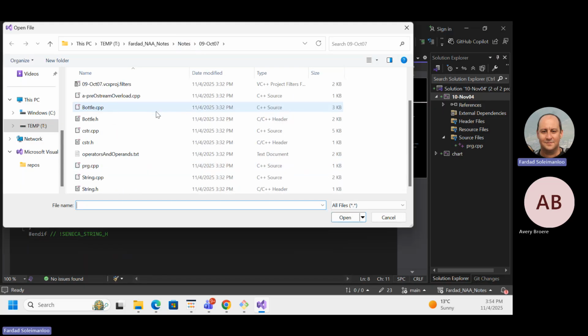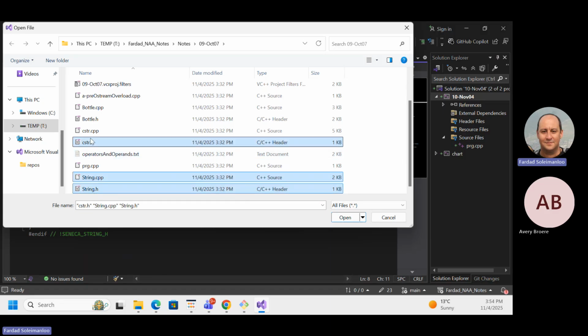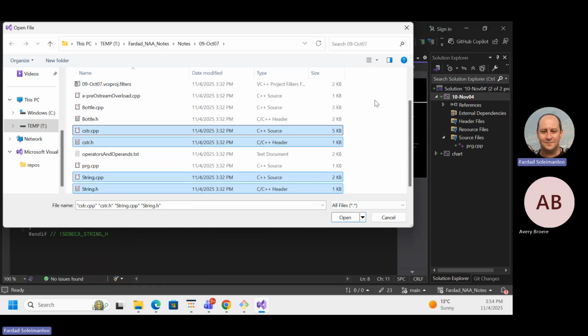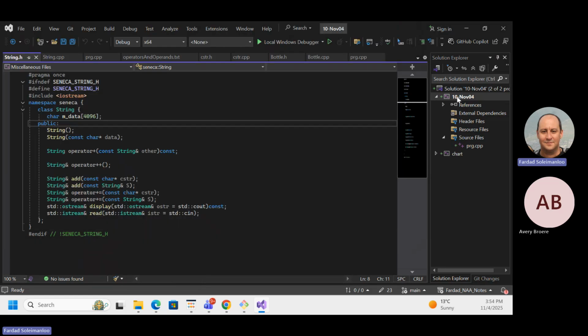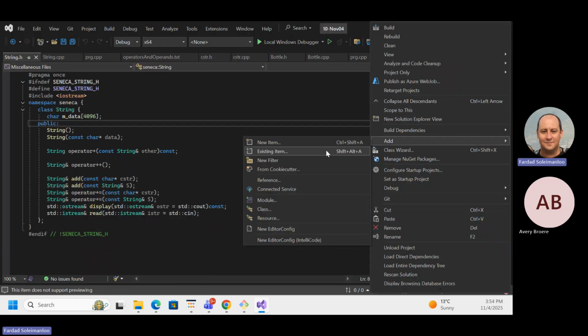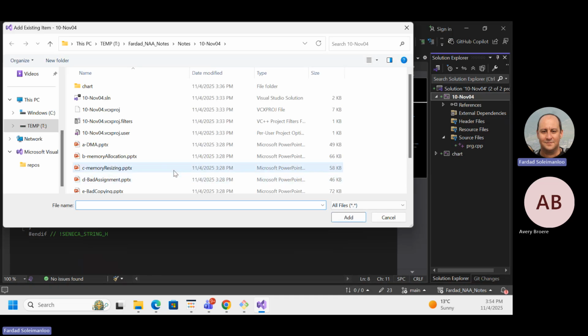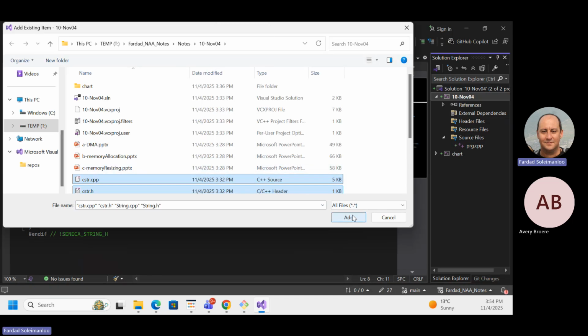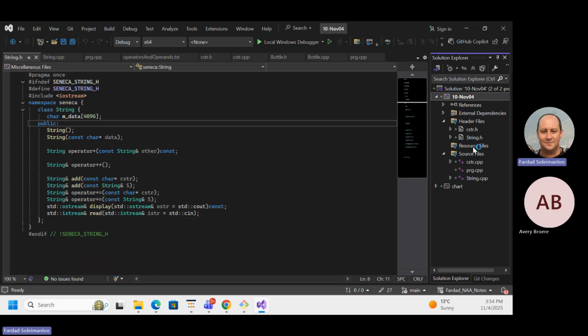So let me go back and open this place. In here I have string.h, string.cpp, and the rest. I copy all of it, close it, then right click, add existing item, paste all of it, and say add. So now I have string.h and everything else.